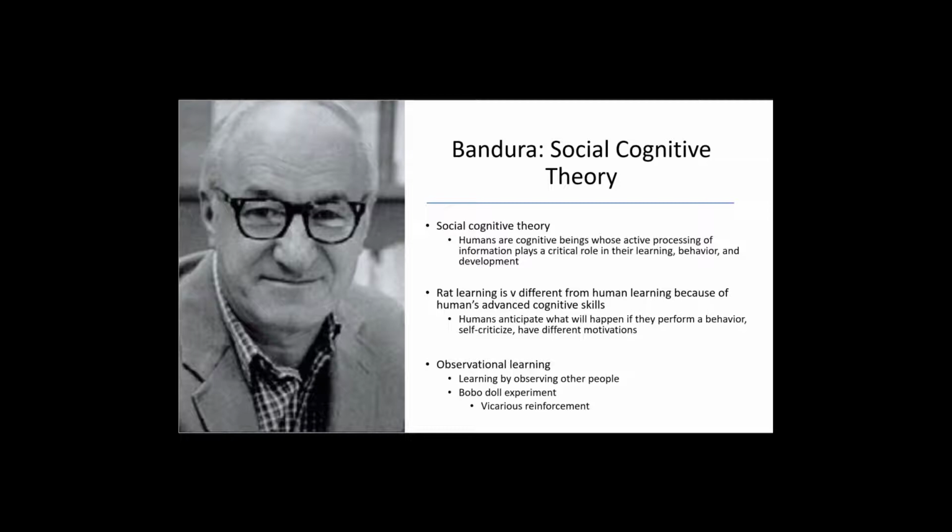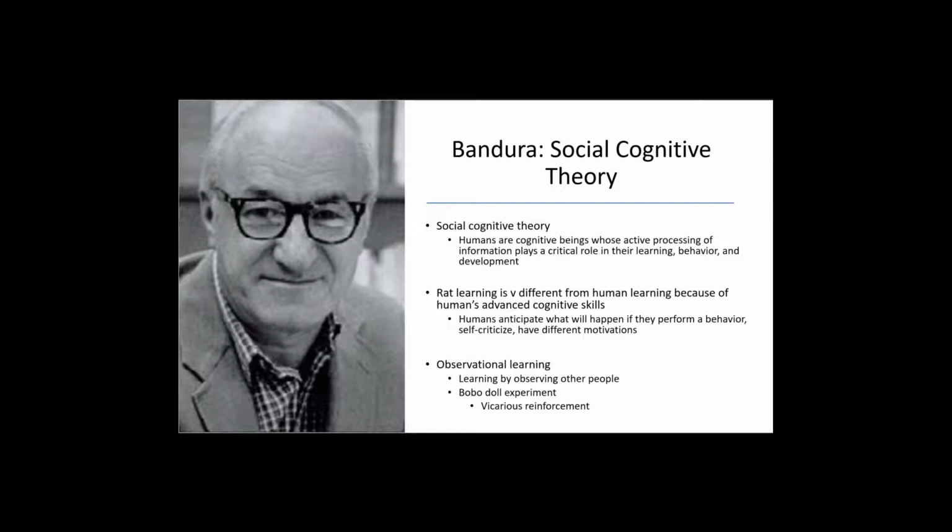So he is arguing that, yeah, rats may be able to do this, but guess what? Humans are way more complex. They will self-criticize. So it's not just this stimulus input output situation, it's that humans in their brain, we know this, have different motivations. They will have imposter syndrome or whatever. They will have anxiety, and that will drive behavior often.